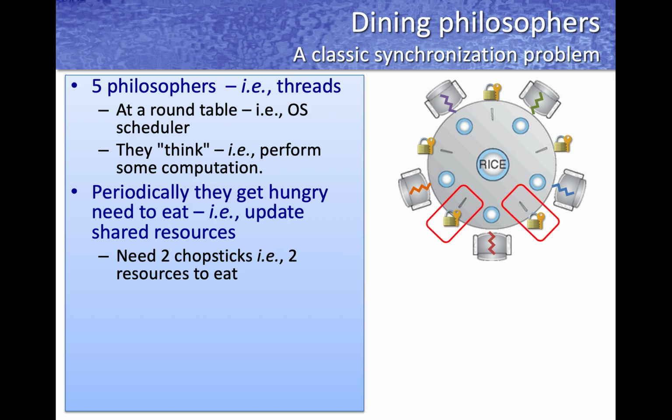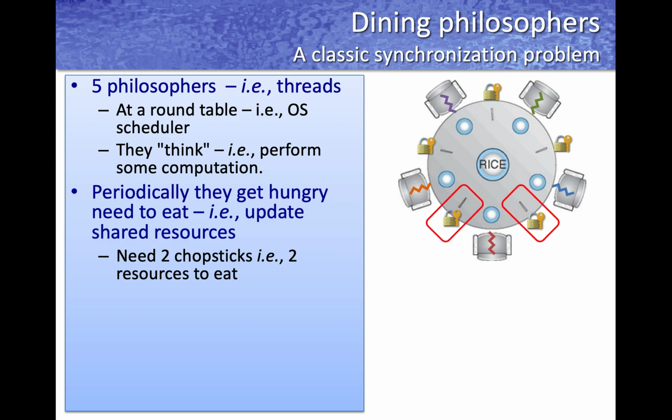Here, the philosophers need two chopsticks to eat the rice. So keep in mind, to eat rice, you need two different chopsticks. That means you need those two chopsticks simultaneously. It's not enough to pick one or the other. You have to pick both chopsticks. You have to have locks, or exclusive access, to both chopsticks. And notice that there are only five chopsticks on that round table. So somehow the philosophers have to cooperate with their adjacent neighbors